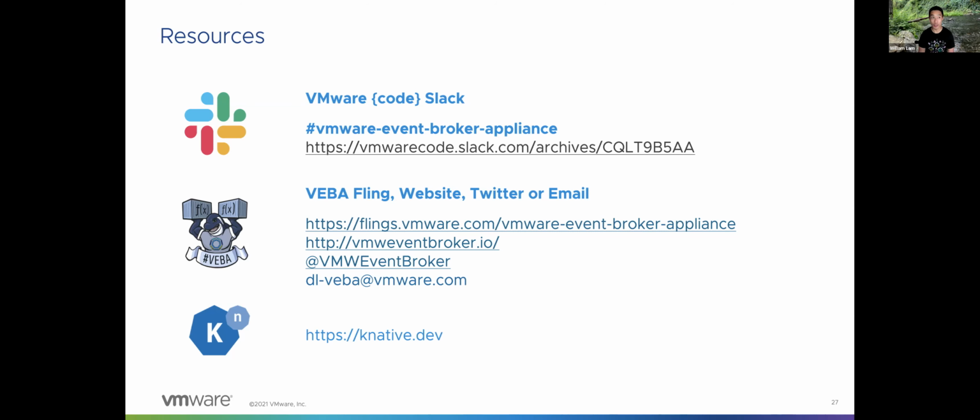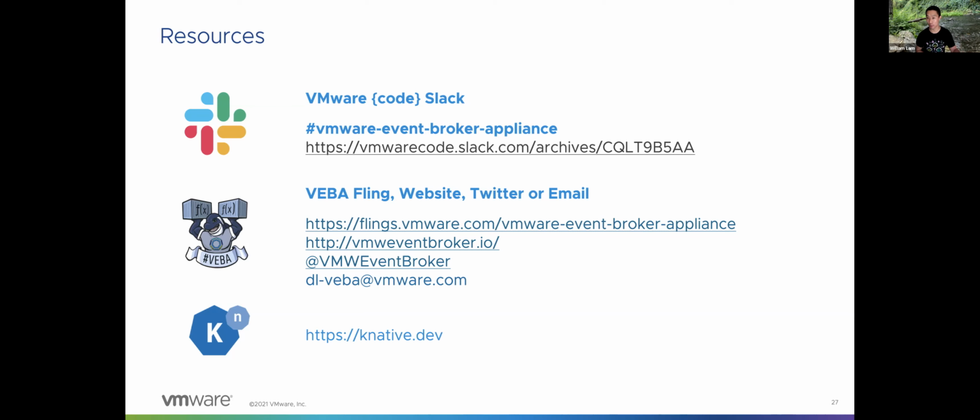Yeah, I mean, this is something that a lot of customers have been doing, and more specifically with VEBA, it's been a lot easier. As you may know, vCenter itself stores all these different events, right? And to be able to go back to a certain amount of time, your control of that is basically at a global level, right? Do you want to store 1 month of data or 1 year of data? I've worked in large enterprises where we had to have all of these events stored for a year. That means your vCenter gets really bloated. And in reality, 90% of that data you really don't need, and you really want to be selective of it.